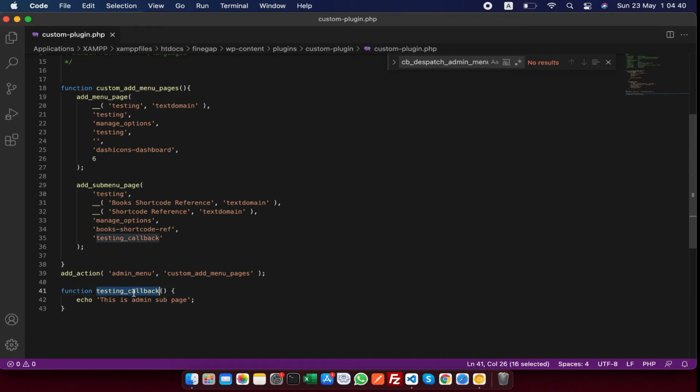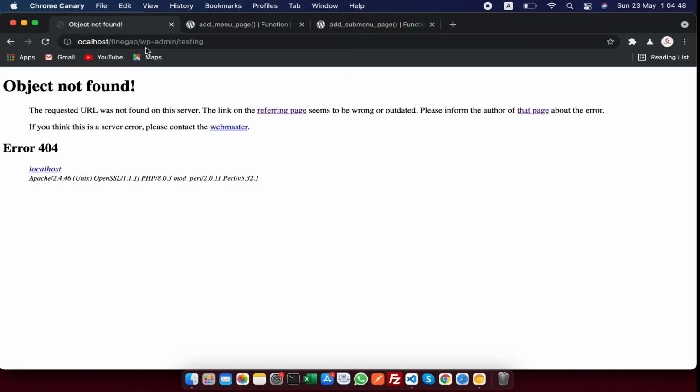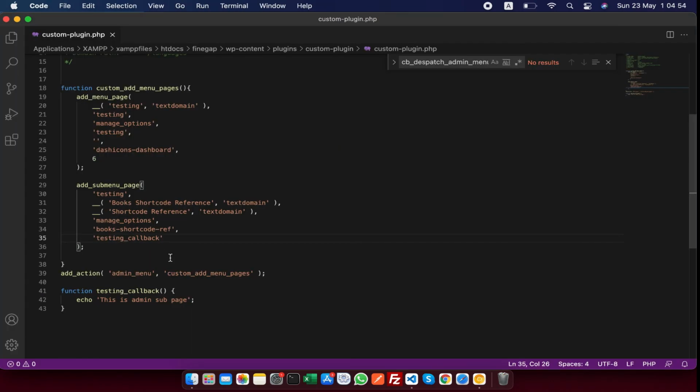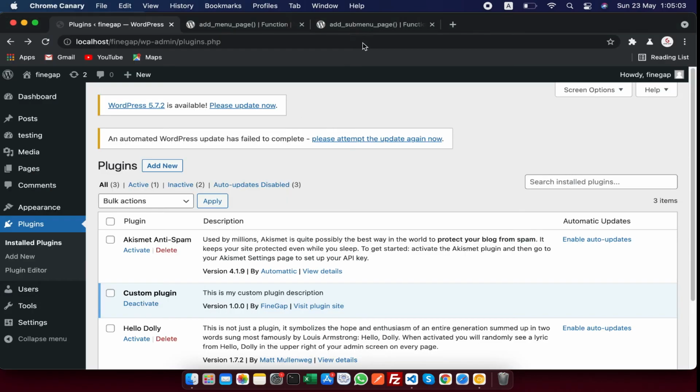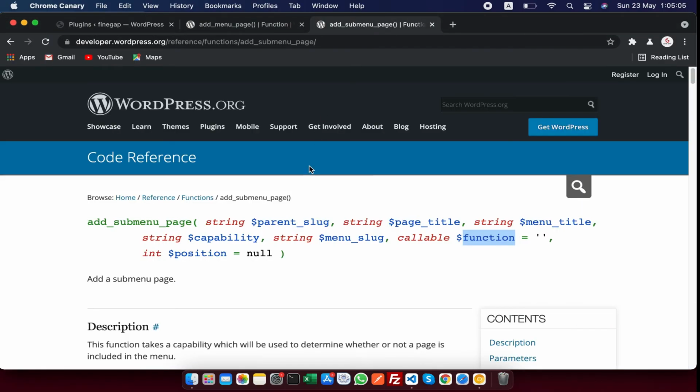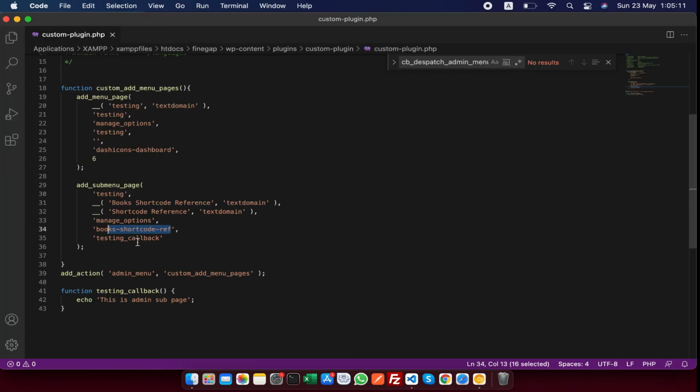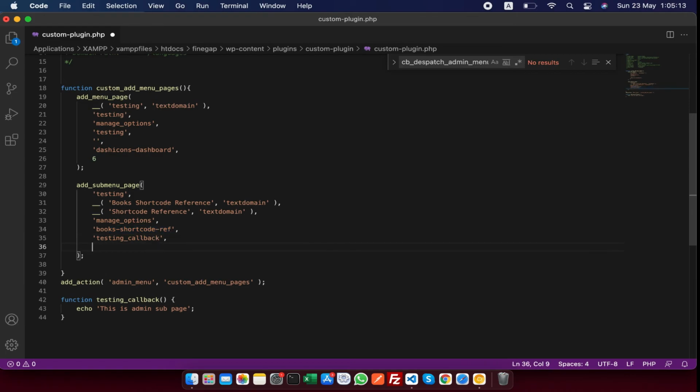I think something is missing. Menu slug, menu position. Let me add a position for it.